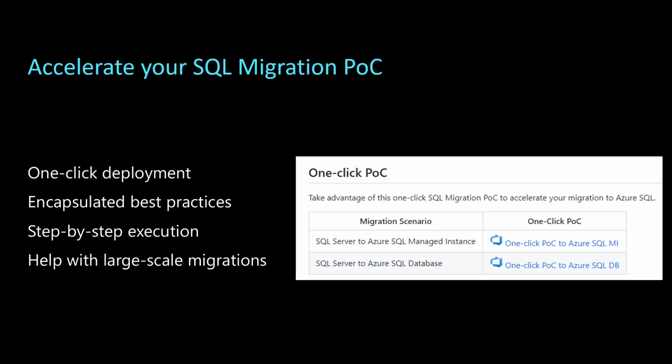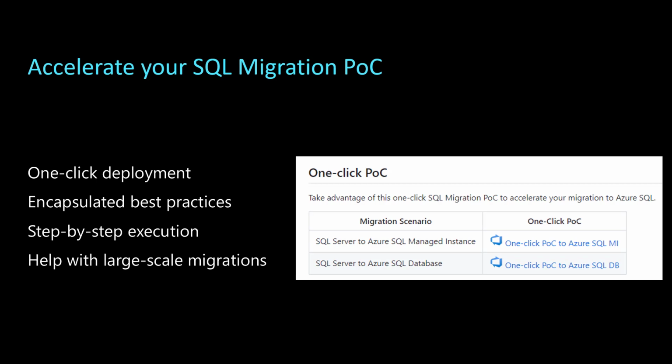The repository includes various documentation and code samples that can help you to assess the feasibility and readiness of migrating your on-premises SQL Server to Azure SQL. These resources can also help you to plan and execute the migration process. Some of the resources available in the repository include one-click deployment, POC planning and preparation guidance, migration tools and scripts, and best practices. Overall, the One-Click SQL Migration POC repository is a helpful resource for customers who are looking to migrate their SQL Server to Azure SQL and want to learn best practices and common migration patterns.